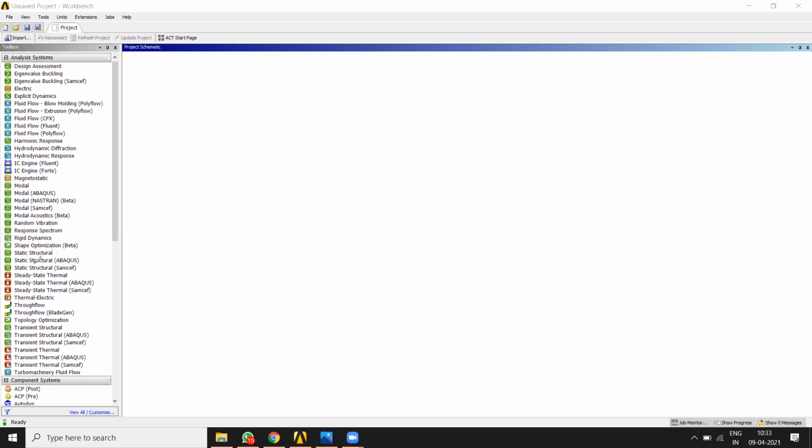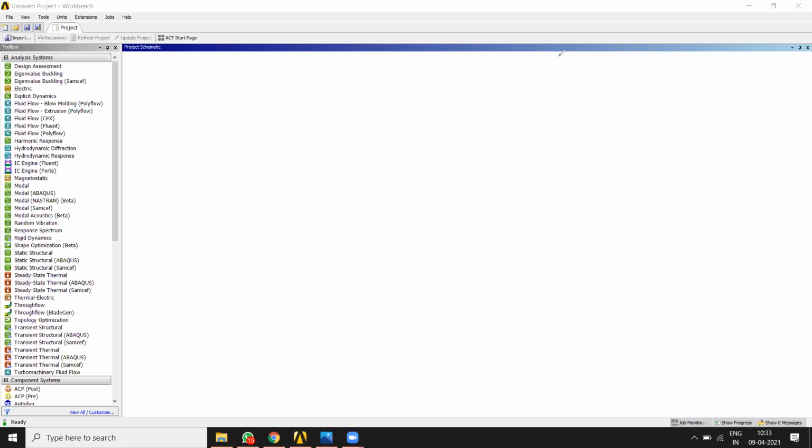Also, like OptiStruct, you can do a topology optimization using the shape optimization option. Then you can do a transient structural analysis to include non-linearity in the problem statement. You can perform a steady state as well as transient thermal analysis. Okay, so there are a lot of options available. You can explore these later on. It will take months to finish all the different types of analysis. Okay, you should go for any industrial course or course on the ANSYS Workbench.